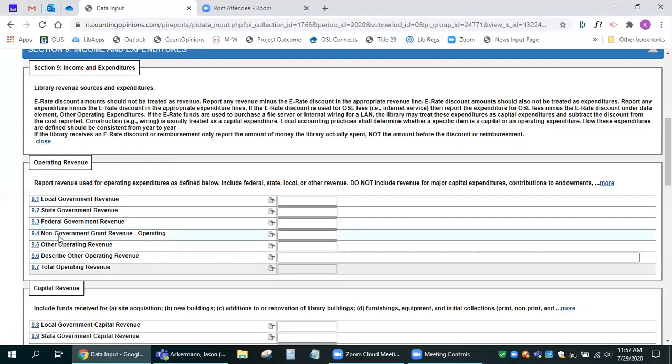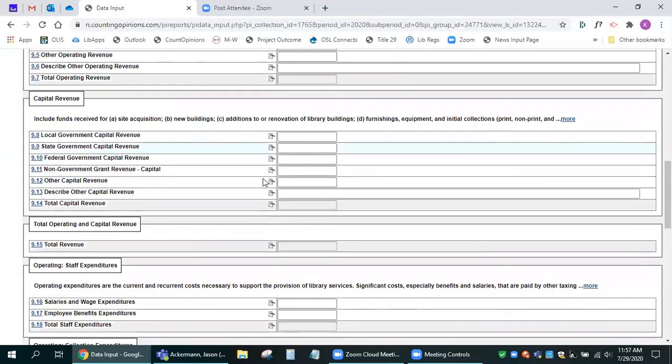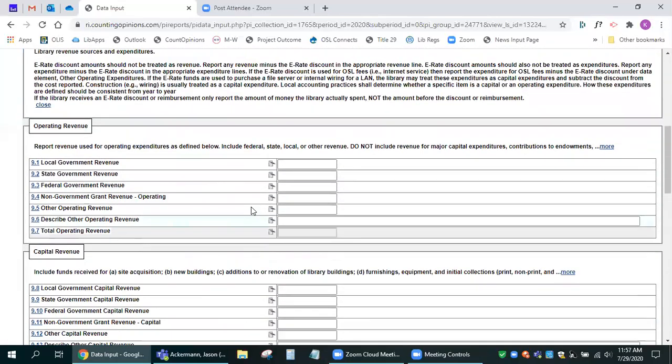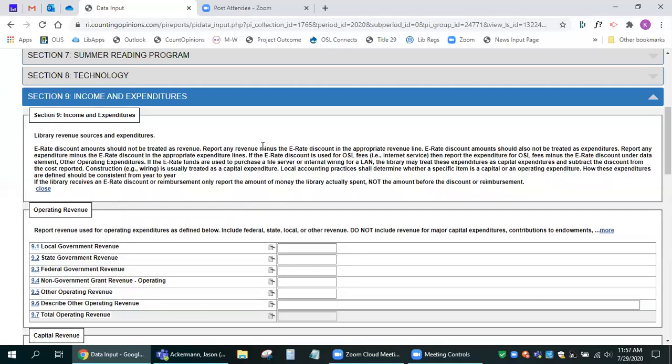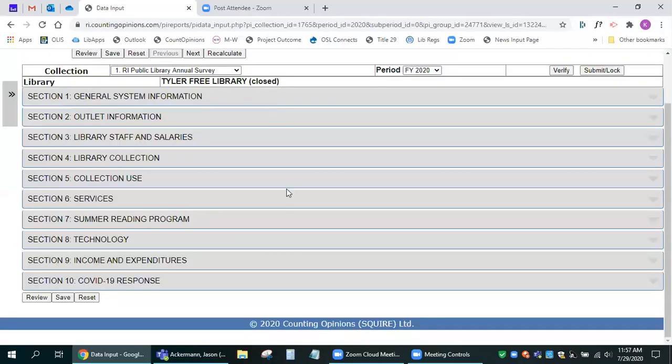Also very helpful for 9.4, the non-government grant revenue. Again, if you have more than one source of the revenue, you're putting in a total here, so having that note will be helpful to us. So this is just one area where it's very helpful, really essential, to have that note. I can't stress enough how much we like those.